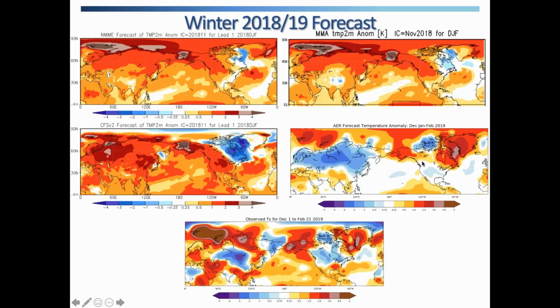So we use a statistical model that's based on snow cover and a little bit of sea ice. That's been hard to capture in the dynamical models. And here is what was observed. The dynamical models really missed the whole pattern across North America. They also missed that it wasn't warm everywhere in Eurasia; there were some cold regions. I think here our statistical model, not a dynamical model like these other three, did a better job. I thought it did a pretty good job in North America, though it clearly over-predicted the cold across Eurasia.